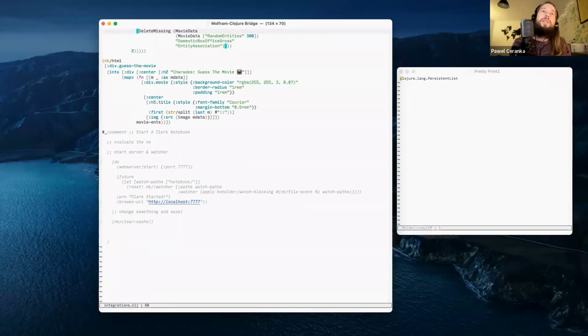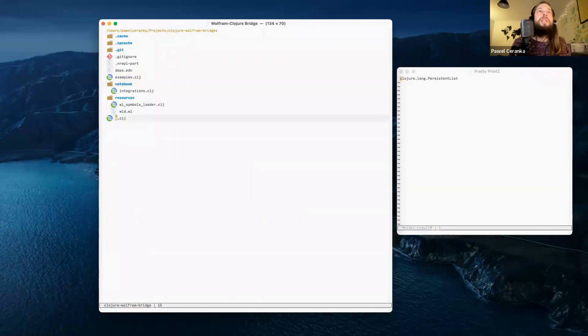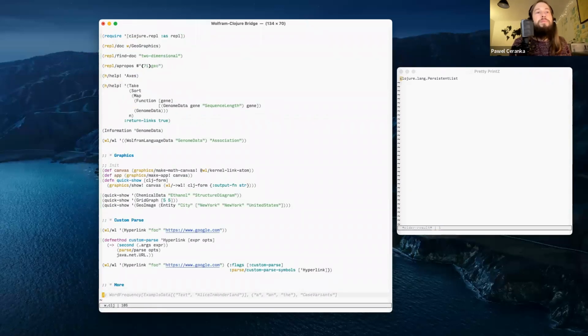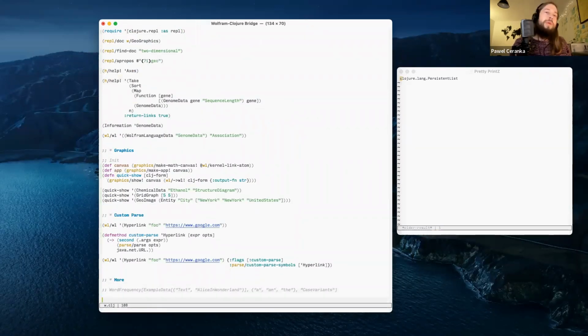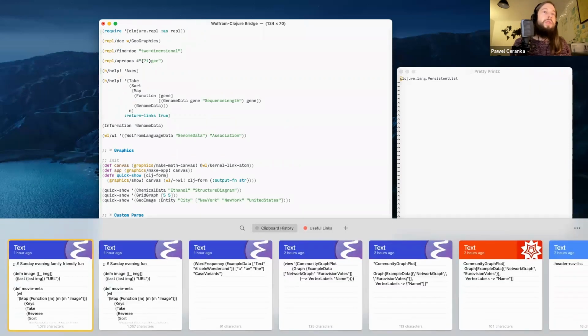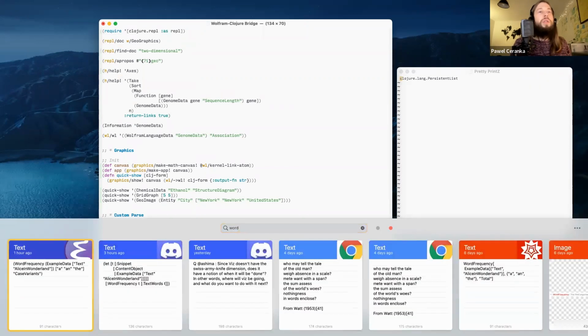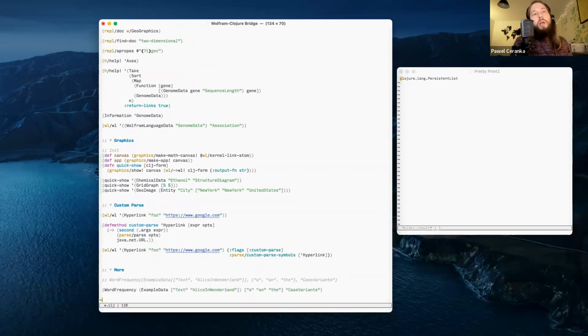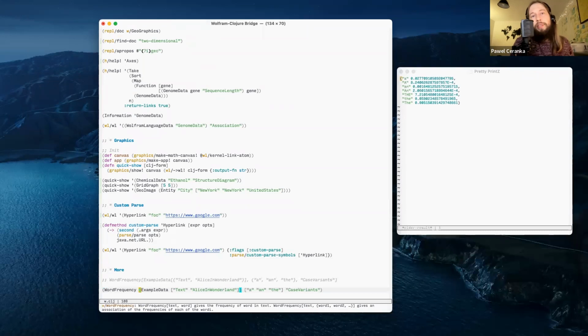Let me show you an example of that, maybe if I can find one. Okay, let me do this. So here's an example of that. This is Wolfram language, running on the Wolfram language engine.